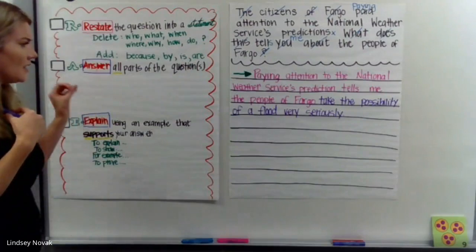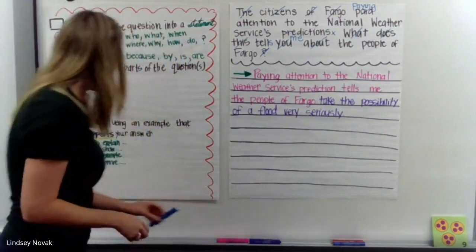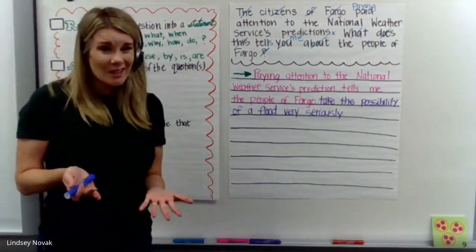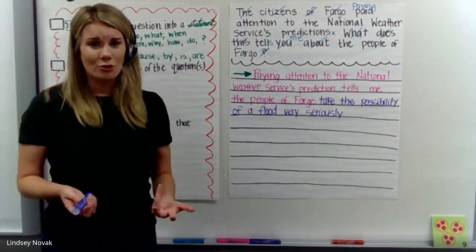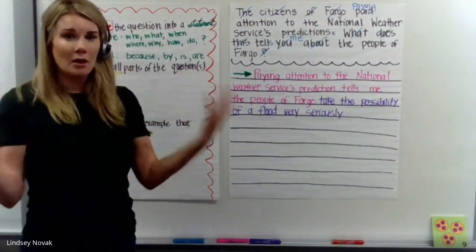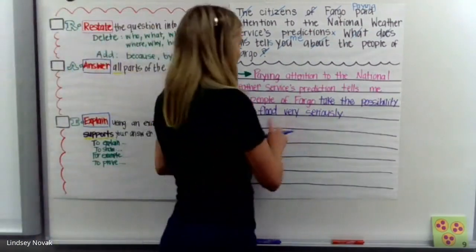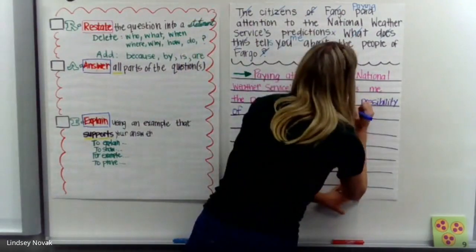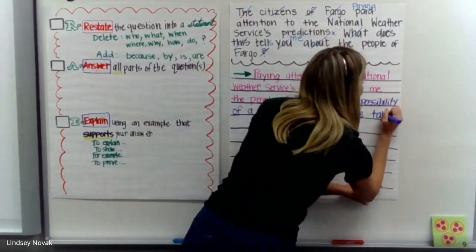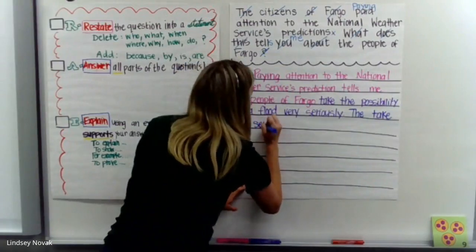My answer is that they take the possibility of a flood very seriously. What I mean by that is that they want to help protect their citizens, their homes, their businesses, and their streets. That seems like why it would be so serious to them. They want to protect their people and their area. So I'm going to explain that here. I'm going to say they take this seriously. I can use the pronoun. I don't have to say the people every time. I'm going to say they take this seriously